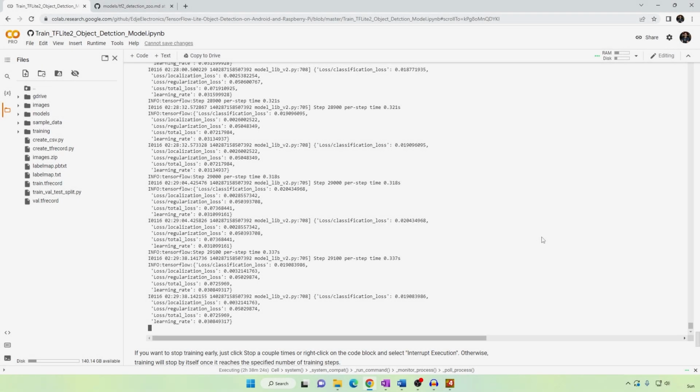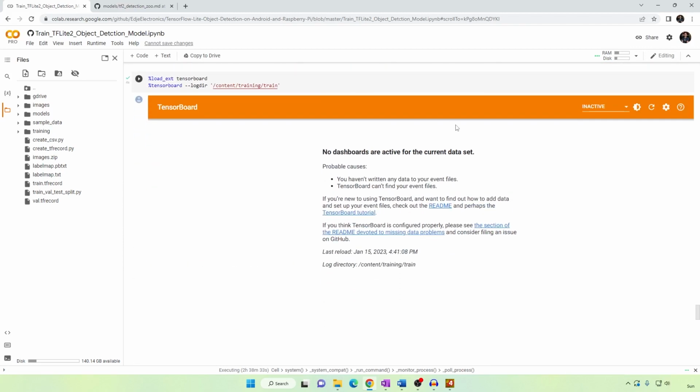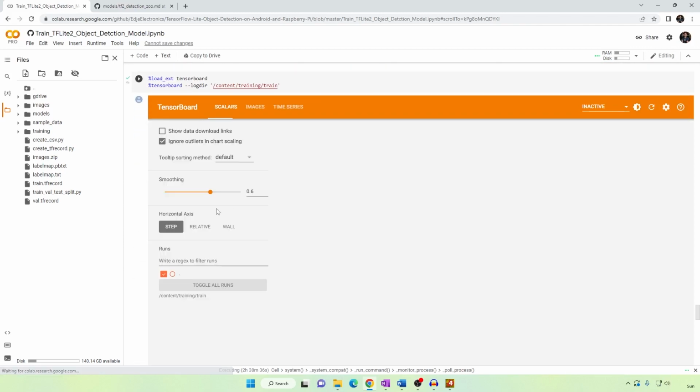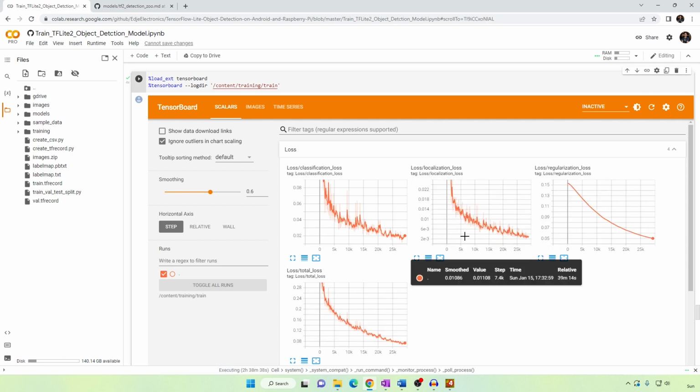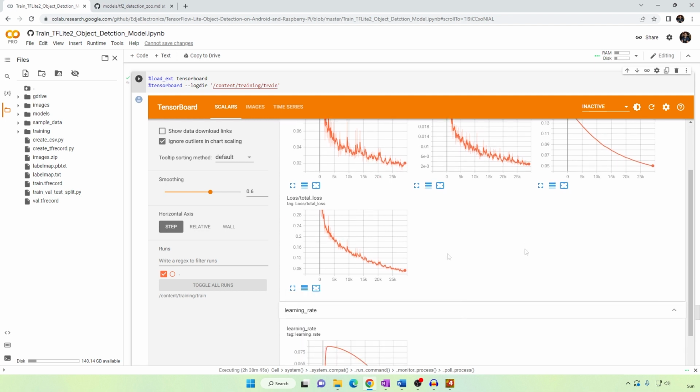Okay, our model has been training for about 2.5 hours and we've trained for about 29,000 steps. Let's go back up and check TensorBoard to see how training is going. Click refresh to update the interface. TensorBoard has several graphs that show the model's overall loss over time. You want to look at the total loss graph. As the model trains, the overall loss will decrease. We should keep training the model until the loss stops decreasing. It looks like the loss is still going down just a little bit, so let's keep on training.